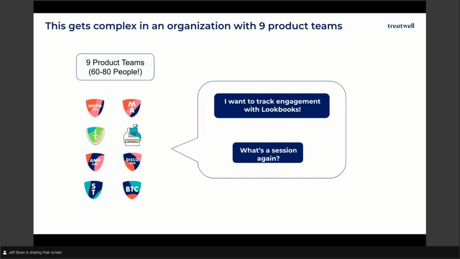We want them to be able to answer those specific questions. But on the other hand, we always have the classic, more generic question of, what's a session again? How is that calculated? These are data assets and data questions that every single product team is surfacing. So at this level, we want to enable autonomy. We want to enable people to get through that three-step process to answer questions as quickly as possible, both in the specific case as well as in the more generic cases, and to leverage information from the more generic cases to help them solve these specific questions. Which gets us into